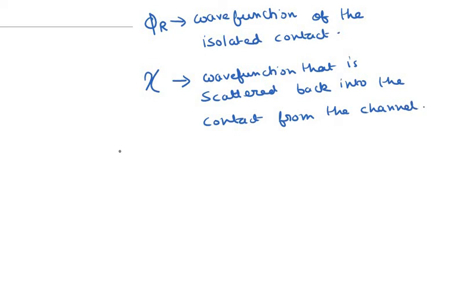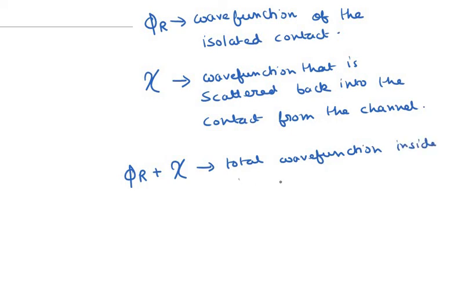Okay, so now let me write the total wave function. So the total wave function is phi_R plus x. This is the total wave function inside the contact. Okay. So when we write our total equation for this system, for the contact and the channel, this equation becomes